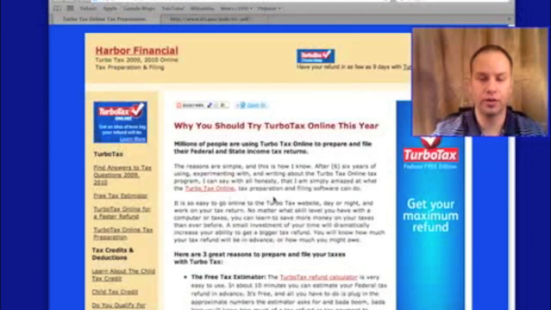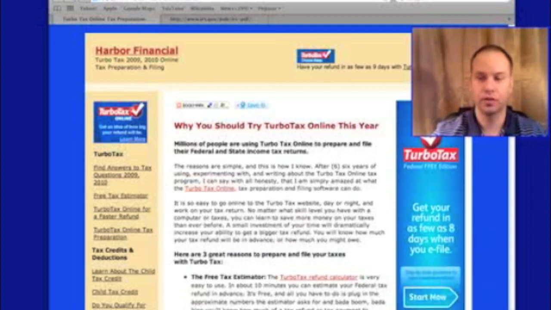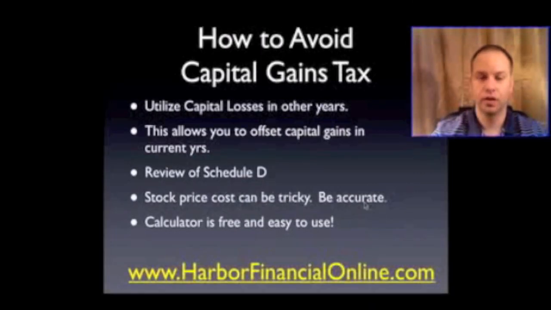And through here, like I said, you can click any of these links, prepare the return, do a quick estimate of what the estimate is, completely free if you want to use that. And again, just be very careful on the cost price, because that's where 90% of the errors on capital gains tax happens, is right there. And if you were to get an audit, that's the first place they're going to look, okay? Because that is something that's just very hard to get the correct amount.